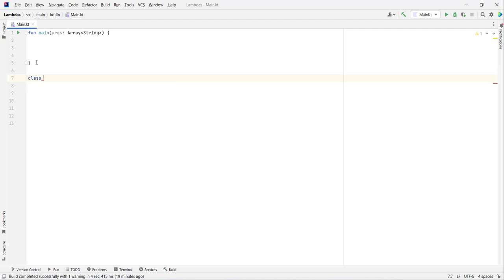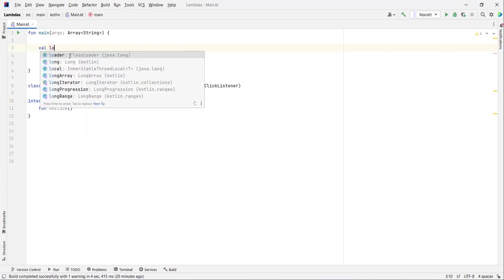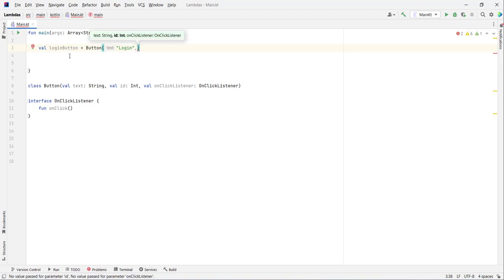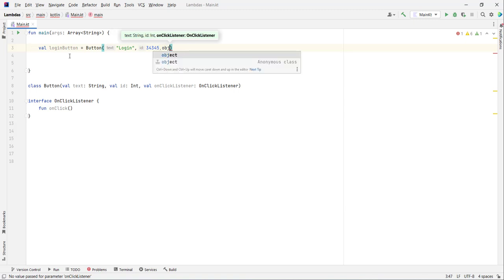So I'm gonna type class Button. So this is the code that we had in the video when we talked about object expressions. Now I'm gonna create here the two buttons, val loginButton, it's gonna be a Button, it's gonna have the login text, the ID is gonna be a random number, and here you need to type the on-click listener, and here I'm gonna type object,